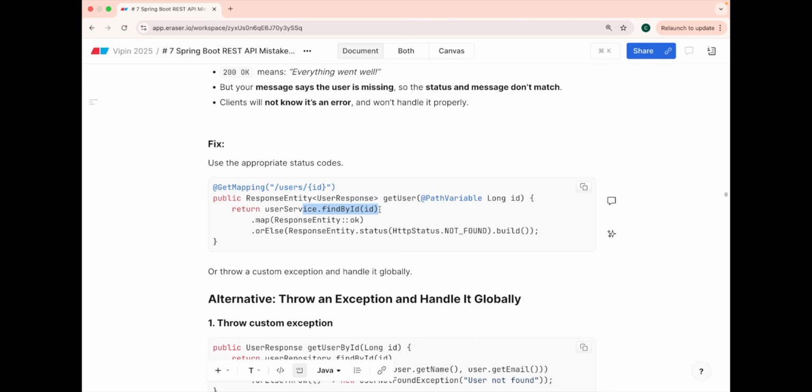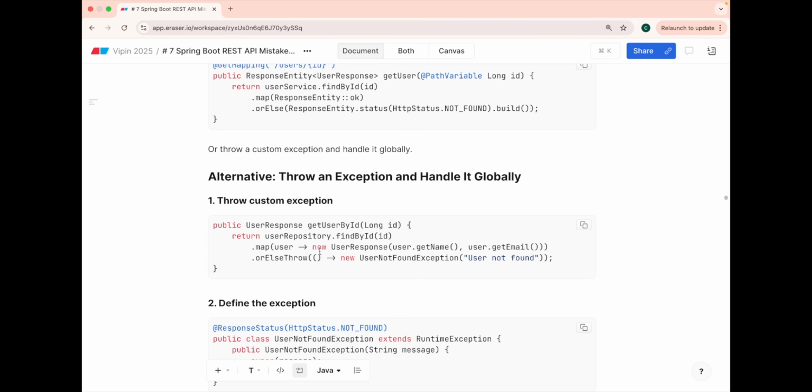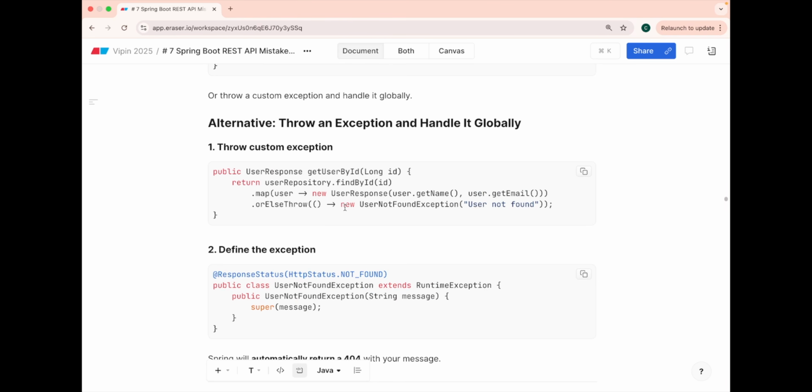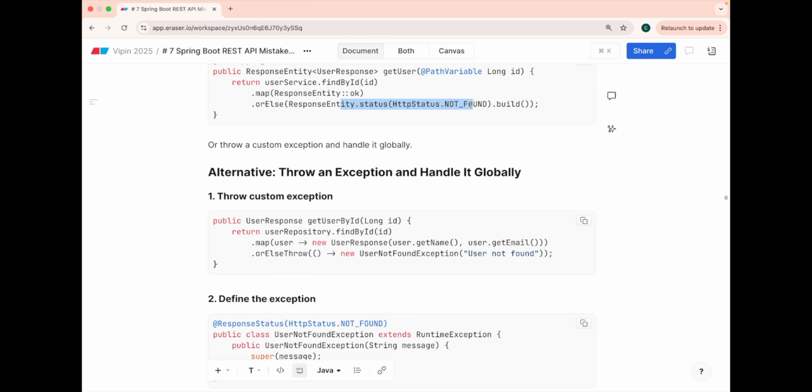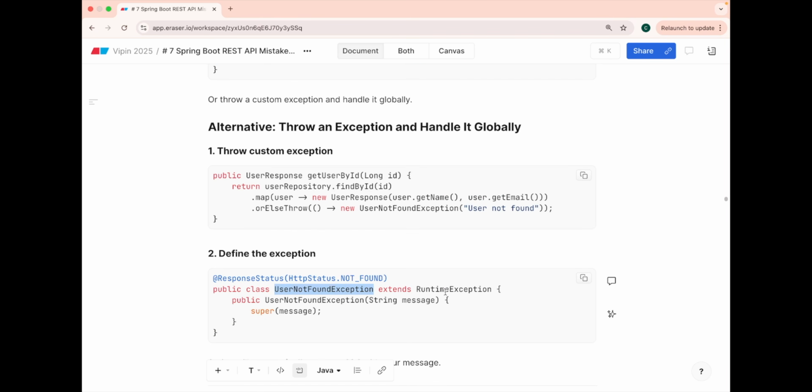For example, you findById and you map it to OK. If there is an exception, the orElse will map it to HTTP status not found. This is a beautiful way of handling Optionals also. Or the third option is you can throw a custom exception. If you don't want to just send the HTTP not found and you want a proper message to be sent in a proper exception handling way, then you can create your own custom class which extends the RuntimeException class, and you override the constructor with the message. During the creation of the exception, you just throw new UserNotFoundException and send the message, which will override the runtime exception, and your exception will properly show the user-defined message as user not found.